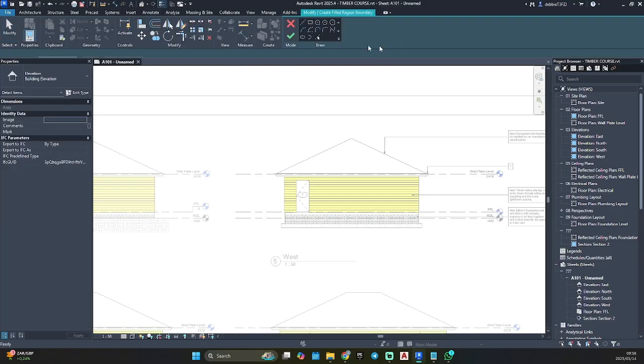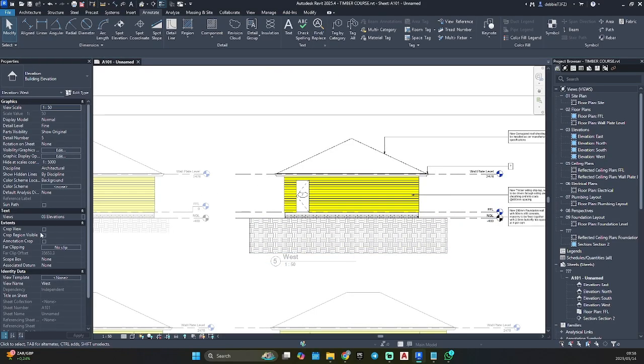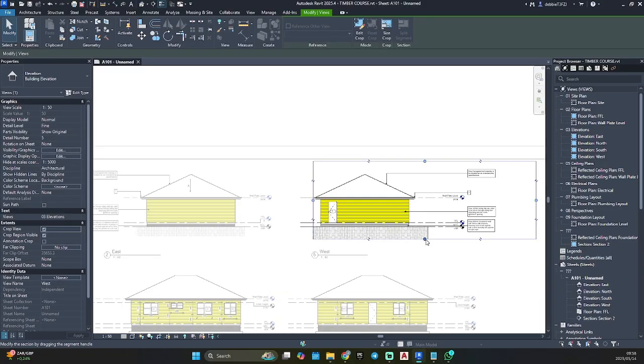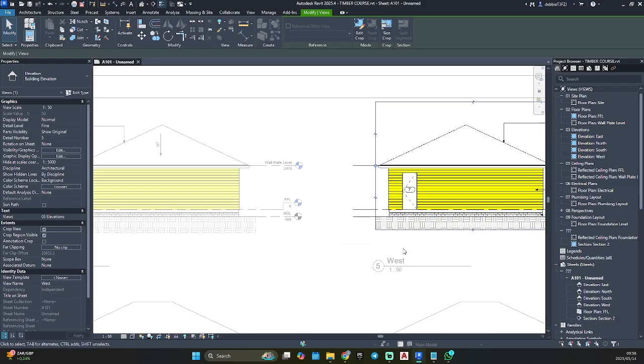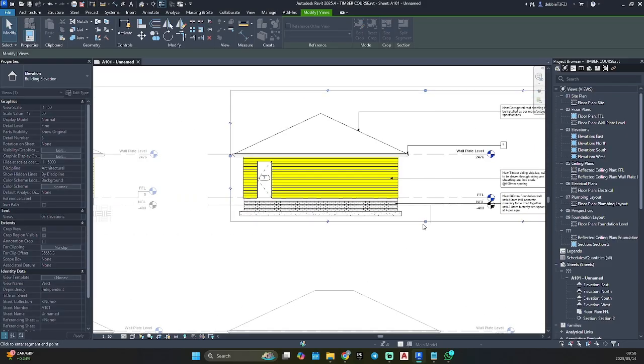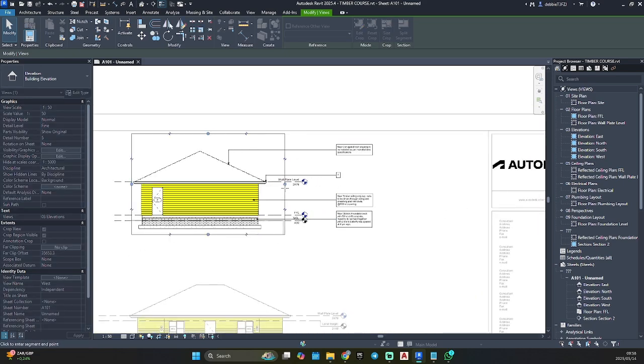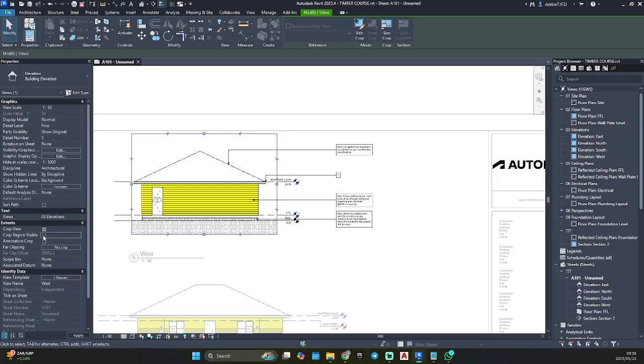Go back to region. Let's put our little fill on. Go a bit down. I'm trying to spitball to make it level with that other elevation. Okay, let's hide our crop view.